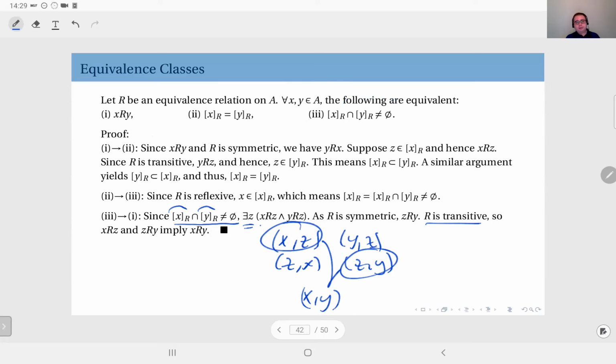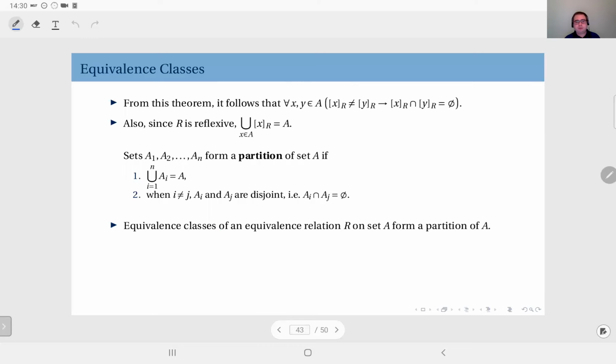If X and Y are related, then their equivalence classes are exactly the same set. And when X and Y are related, then the intersection of their equivalence classes cannot be empty. Or it's the other way around. If the equivalence class of X and the equivalence class of Y have at least one common element, then you automatically know that X and Y should be related, and these two equivalence classes are exactly the same sets. Okay? Now, from this, it follows that